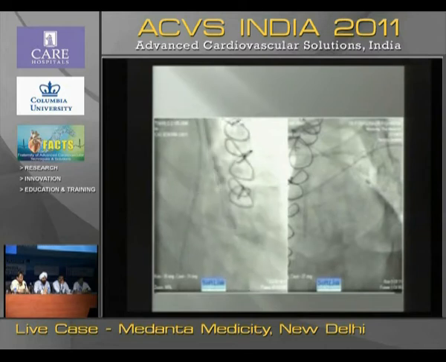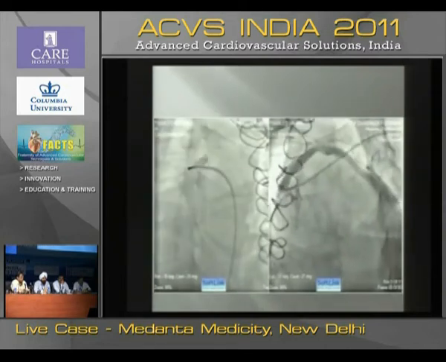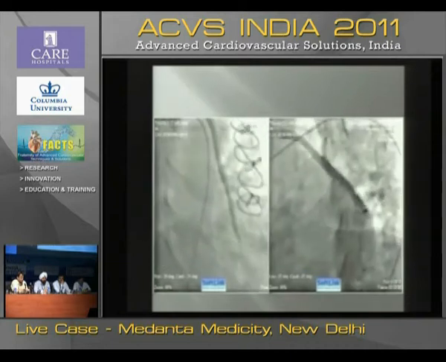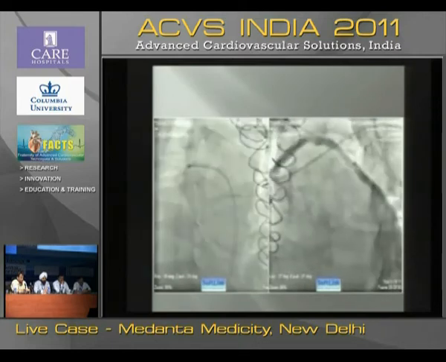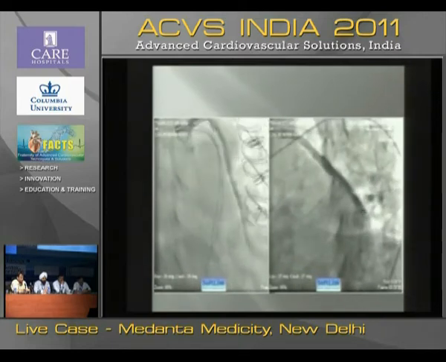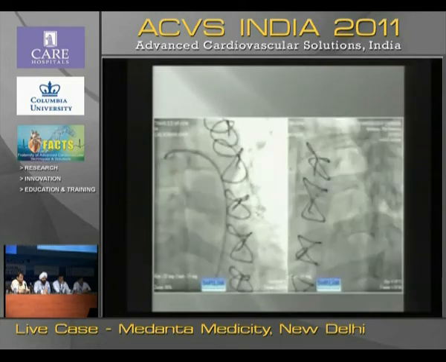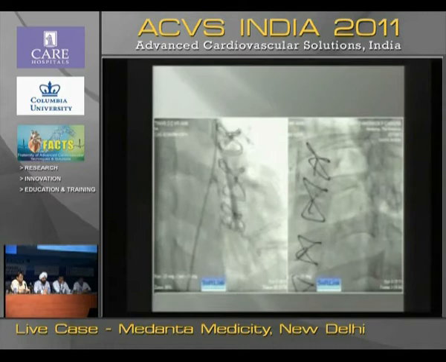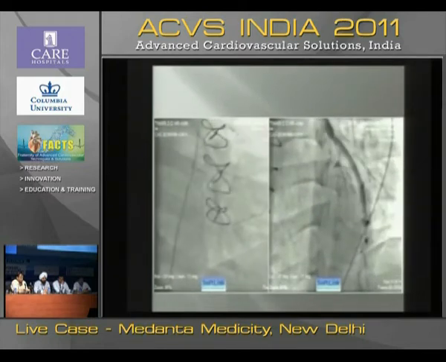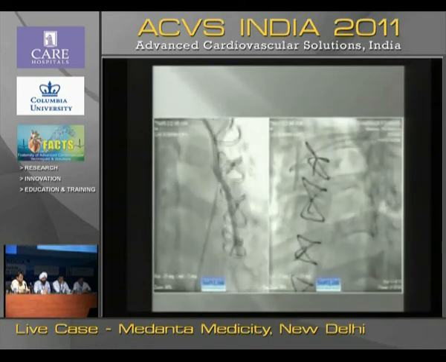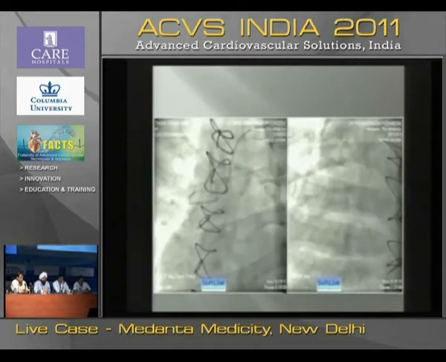This is the vein graft to the OM which is functioning. However, distally you can see that the circulation is very minimal with this, but this is okay. There is a mismatch between the vein graft and the distal circulation size. There is no significant stenosis. Next. The other vein graft, as you can see, there is a mild stenosis in a very small branch distally. We are not going to do anything about it. Next. But the vein graft is patent, so that way is doing fine.